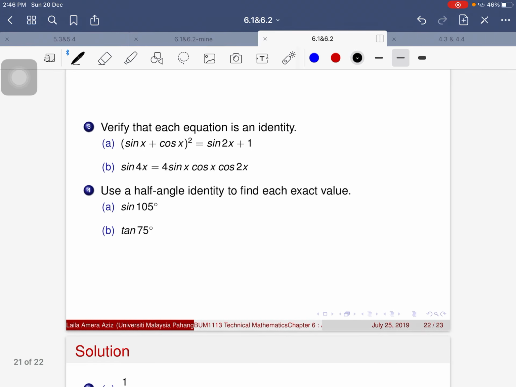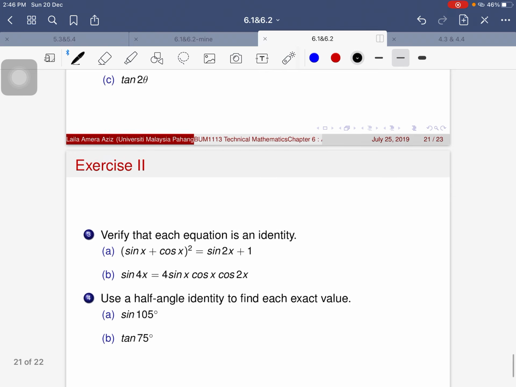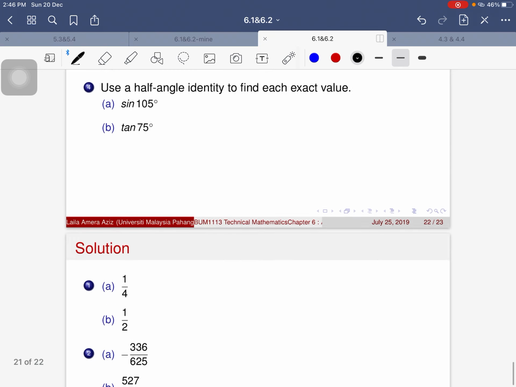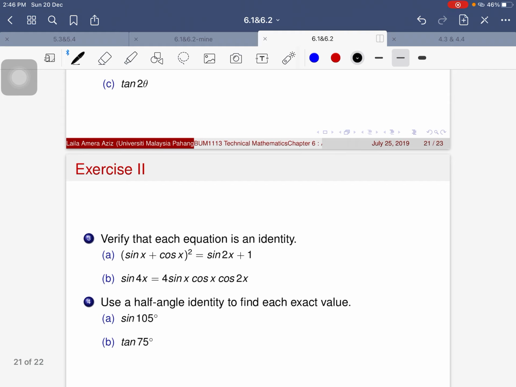And as usual, I've prepared an exercise for you to do right here. Some of them are using what they call double angle, some of them using half angle. So try to figure it out on your own. And there's more exercise for you that you can